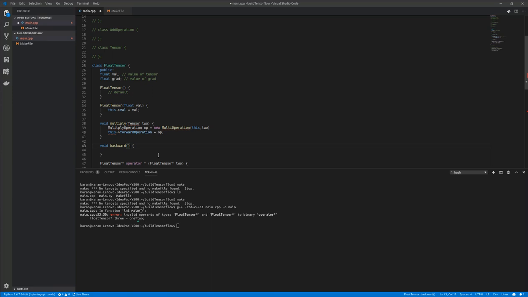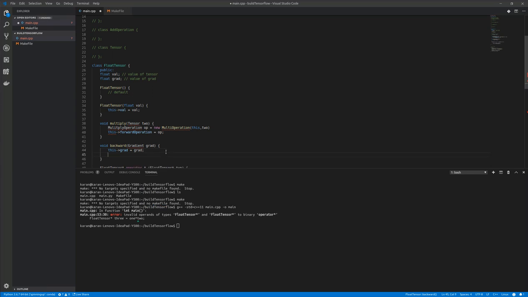So let's just call it the gradient tensor, let's have a separate class, maybe gradient, grad. Then we'll store this dot grad